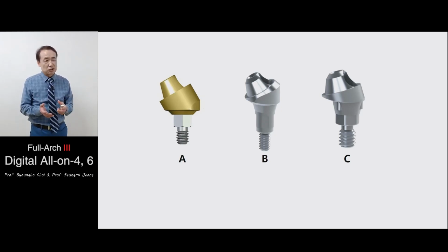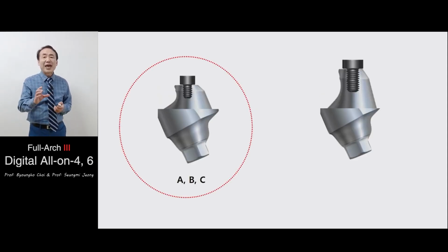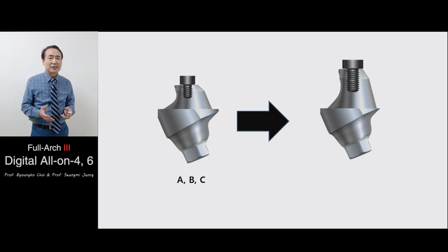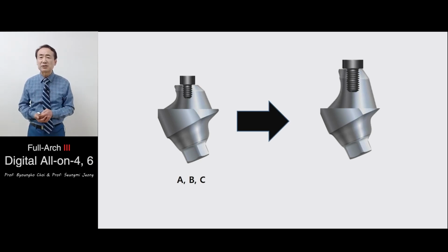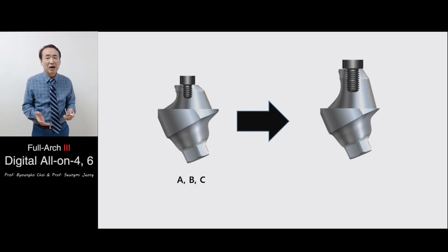There are different types of multi-unit angulated abutment on the market that are fabricated by various implant companies. They all have a short, narrow screw and a short abutment. Why have they not increased the screw diameter? Why have they not increased the abutment height? Or why have they not been able to increase the abutment height?